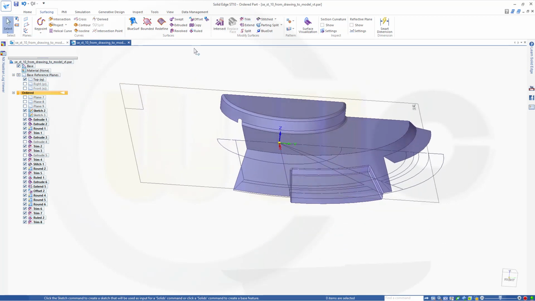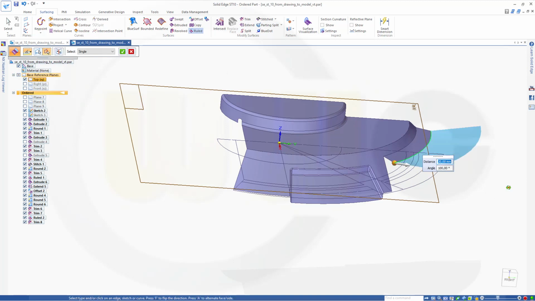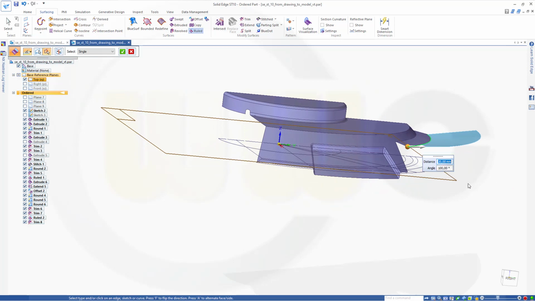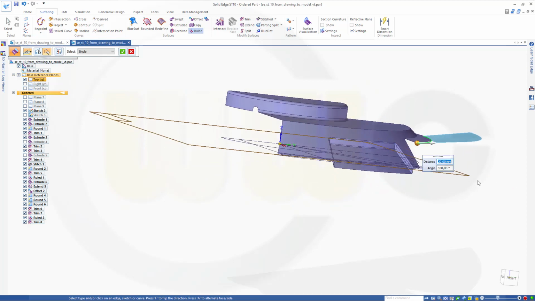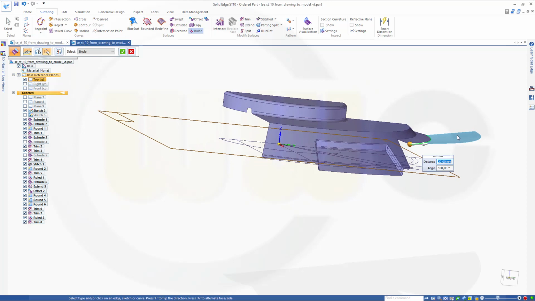Another ruled surface. Direction, again a tapered one, would be this plane, and the edge would be that one here. And now the angle is, I think it's the other way around, so that 100 is up, and I need 30 degrees. That would be 60 degrees here, if I'm correct. Let's see. Yeah. And confirm